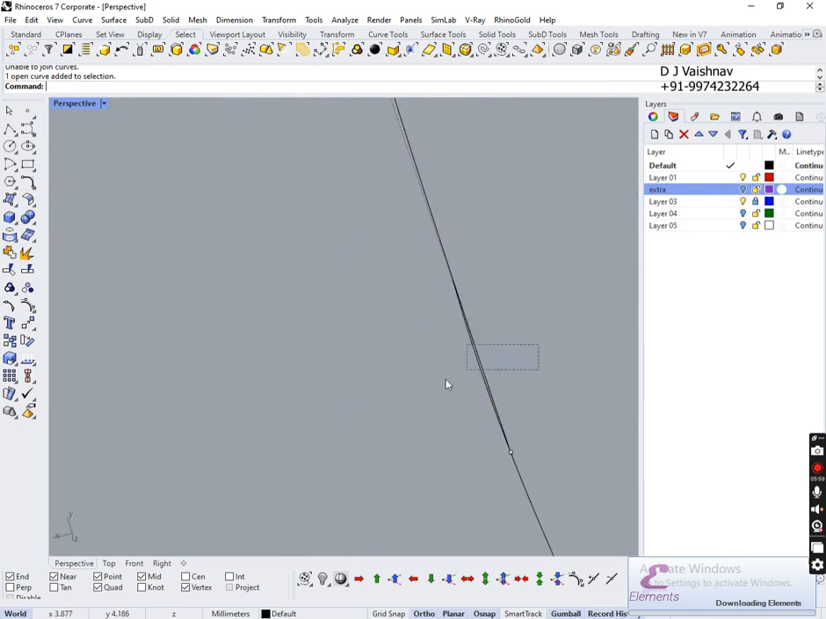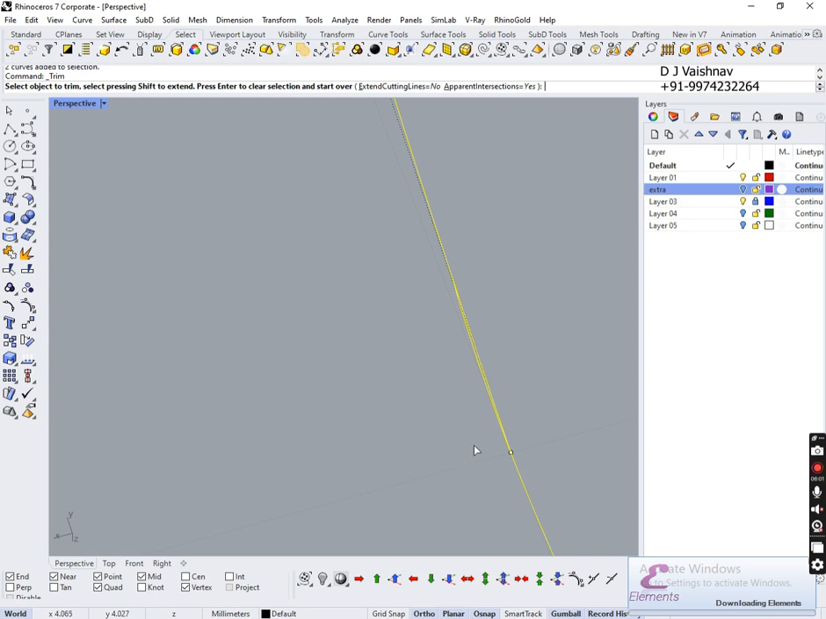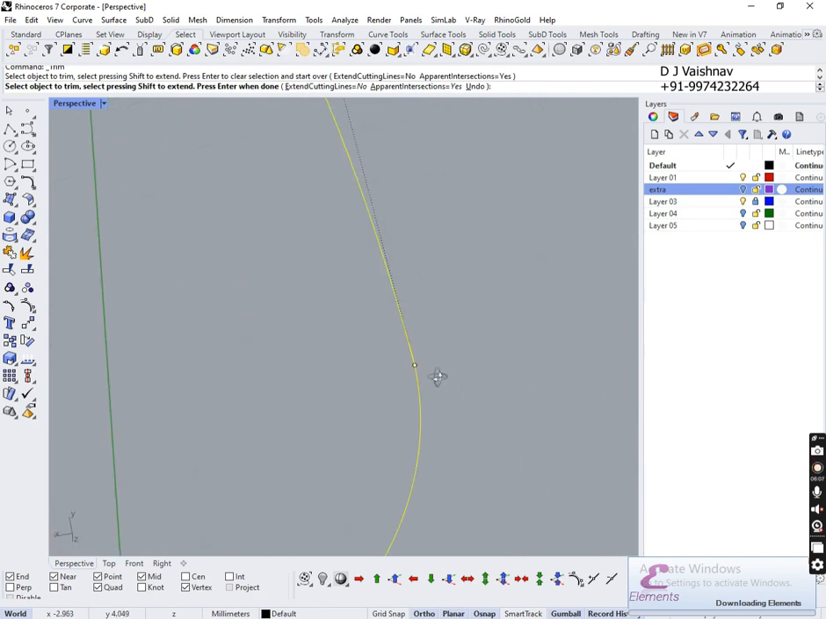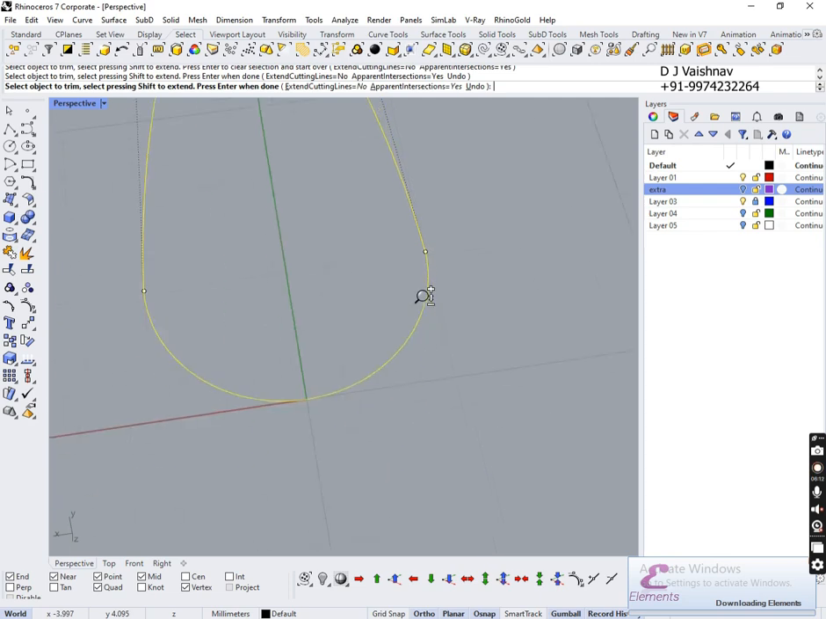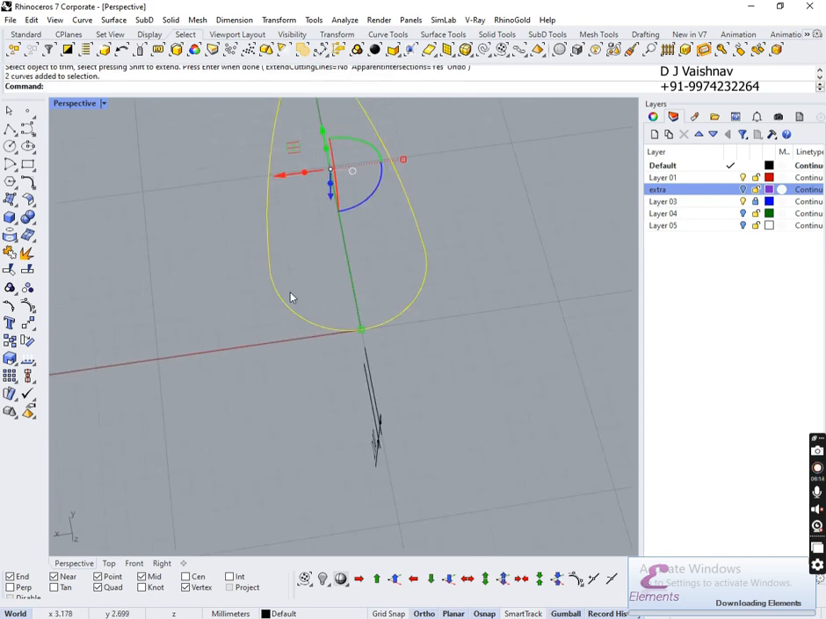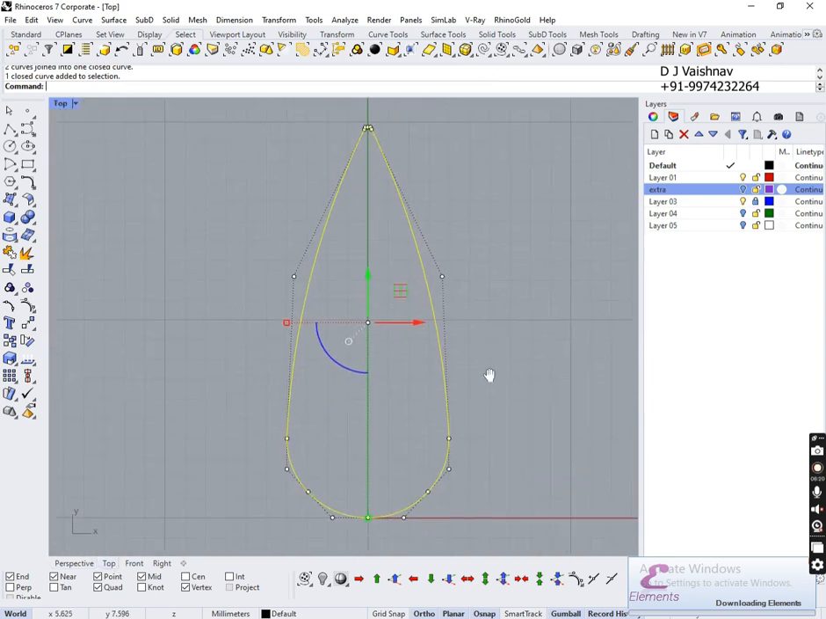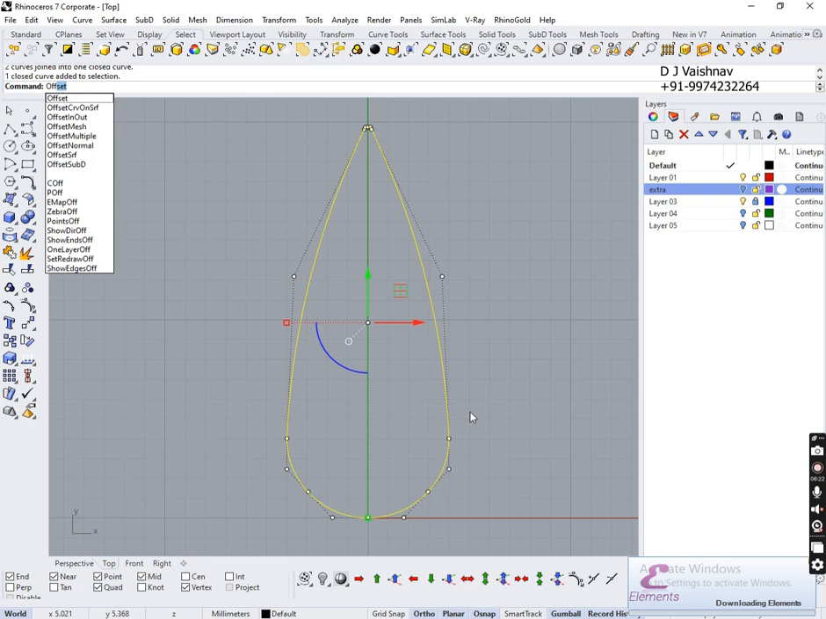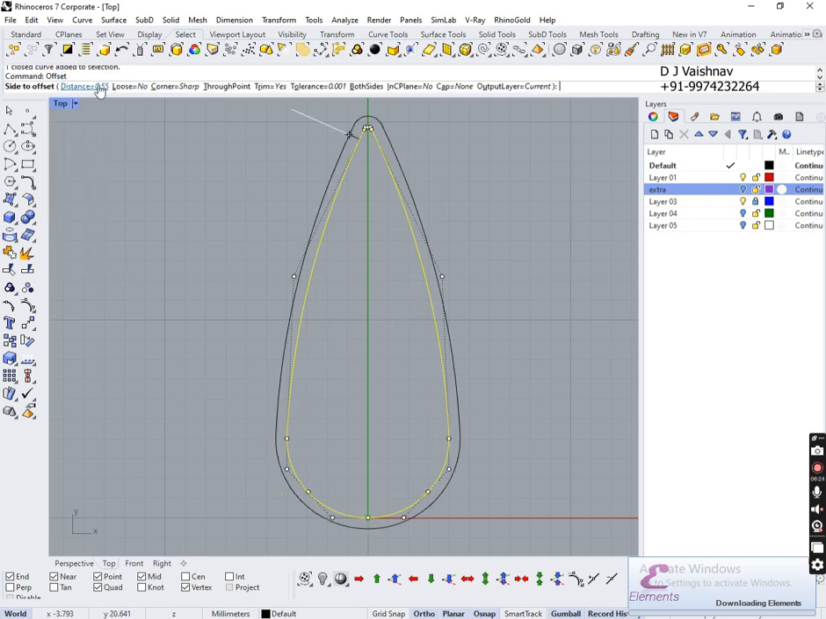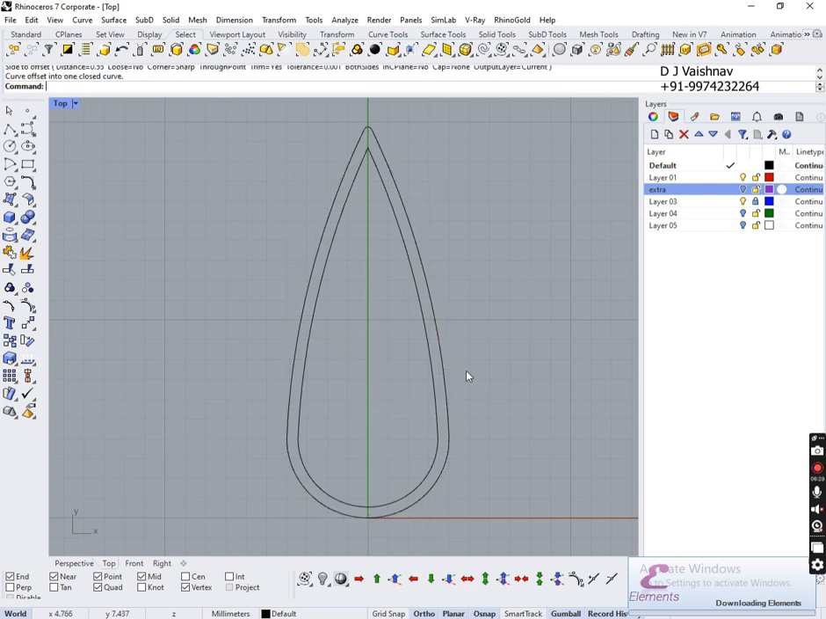So when the objects are overlapping, they cannot be joined, so you have to convert them into a single loop. So remove what is not required. Okay, then again select and join. Control J is the shortcut for join. Now this is perfectly joined. I want to offset them now. So offset and type the distance, thickness. So 0.5 is the thickness. Select them